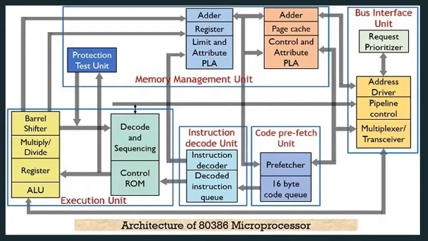any bus cycle. The bus control section has a request priority to decide the priority of various bus requests. This section controls the bus access. The address driver is used for bus enable signals BE3 to BE0 and address signals A31 to A0. The pipeline and bus size control unit handles the related control signals.